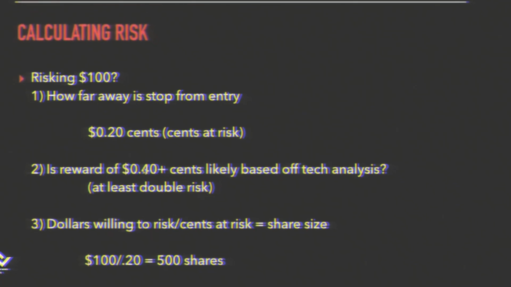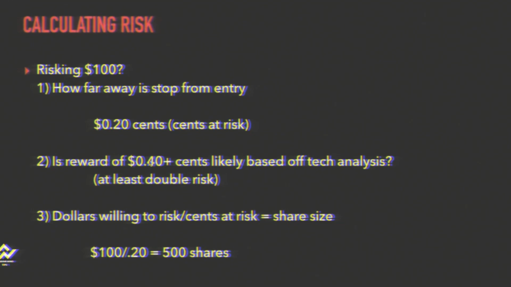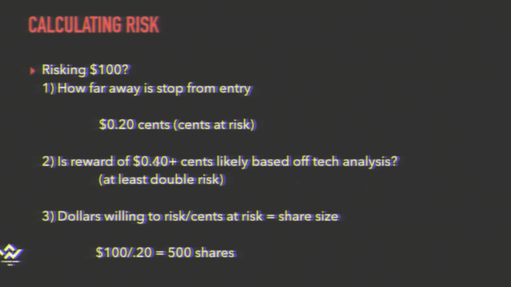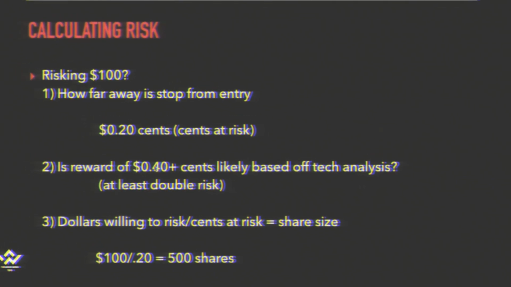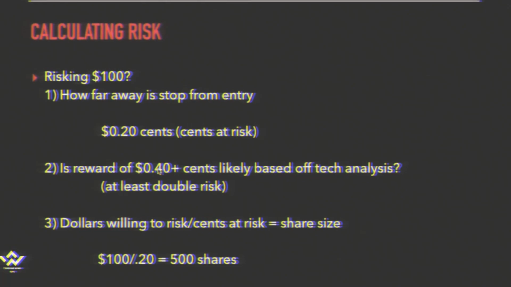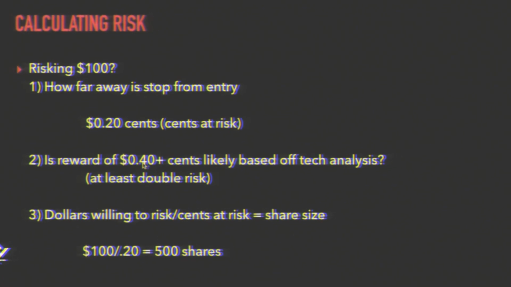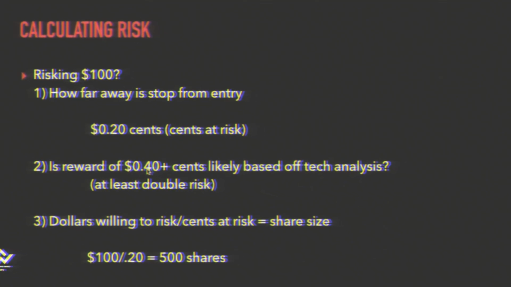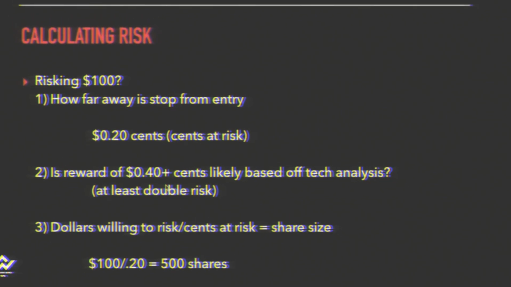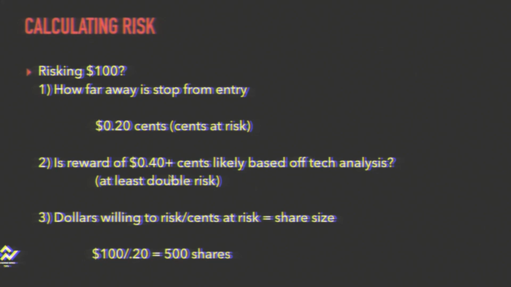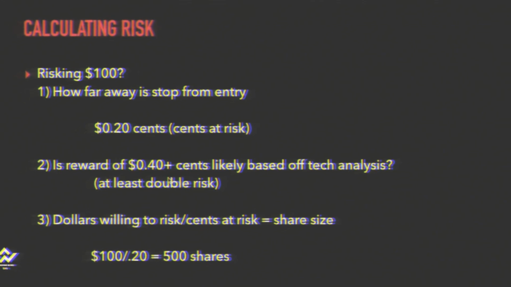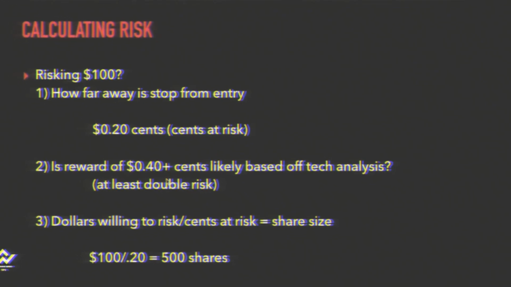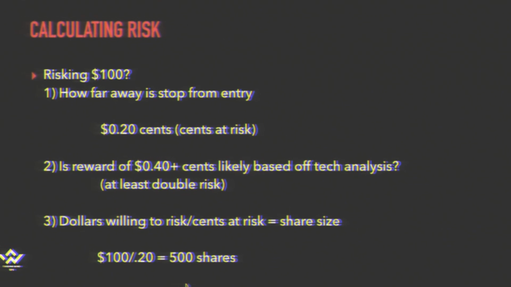Depending on what the chart looks like, if there's resistance above that's maybe a dollar away, then 40 cents will be likely. But if there's resistance maybe 10 cents away, we don't want to take that trade. We want to make sure that the reward is definitely obtainable and it's double what we're risking. So if that's the case, then we'll take the trade, and then we have to do some division to figure